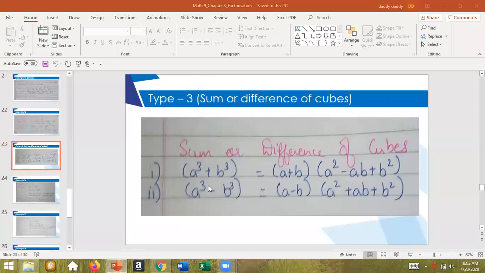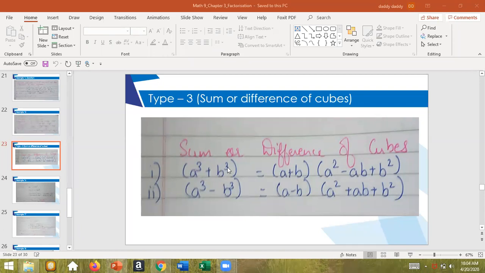So if I have to factorize this kind of expression where both the terms have got cube, individual cube, children, the formulae which you had written in the previous sessions were whole cube and not individual cube. Those were a plus b whole cube or a minus b whole cube. Now if you see, it is individual cube on a as well as on b. So they are different and they are called sum when it is a plus sign or difference when it is a minus sign. So individually first they are cubed and then they are added or subtracted.